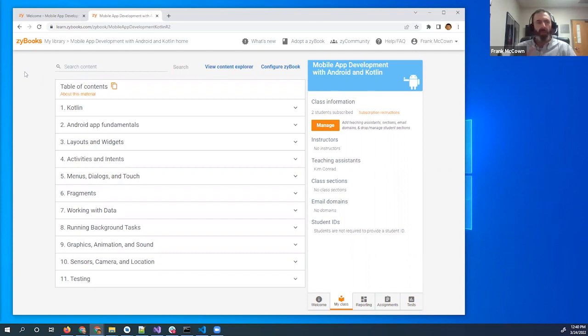I've taught from the SciBook C++, the web programming, and the operating system SciBooks for a few years, and also developed the mobile application development book originally in Java, and have taught from that for a few years, and then also just recently released the Kotlin version. And this semester, I'm teaching with the Kotlin version in my upper level application development programming class.